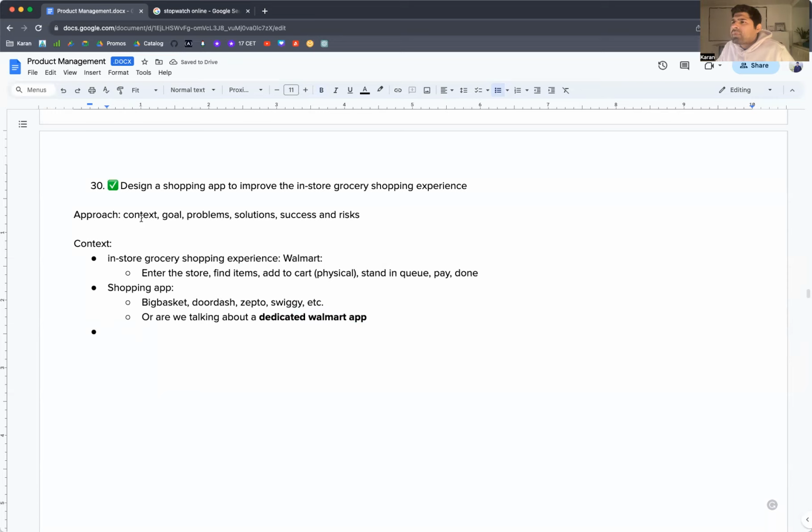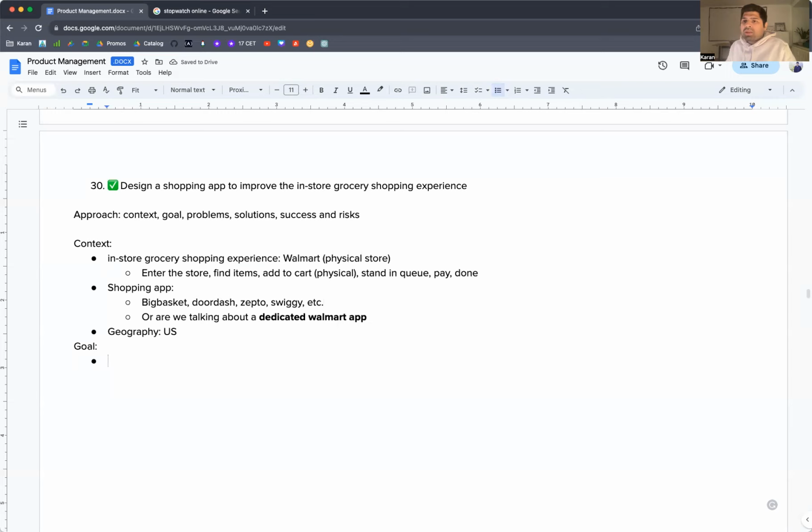Okay. And also let's consider, let's say the geography is US. Okay, I think the context is pretty much clear. And we are looking to improve the in-store grocery shopping experience, Walmart, and this is a physical store, just to be very explicit. And goal,